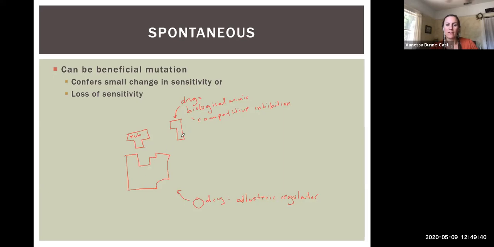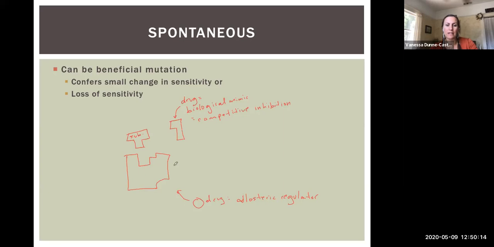So usually these dock and form covalent bonds inside either the active site here or the allosteric site down here, so that these become irreversible and therefore the enzyme becomes deactivated. But again, if you remember our chapter 7, we talked about how the substrate and enzyme must have a perfect match here, chemically, sterically, right? They have to have this perfect interaction between the substrate's binding area and the active site on the enzyme. So for the competitive inhibitor, this must also have a really, really tight fit so that it can actually compete